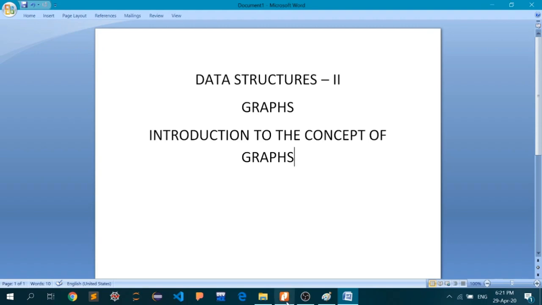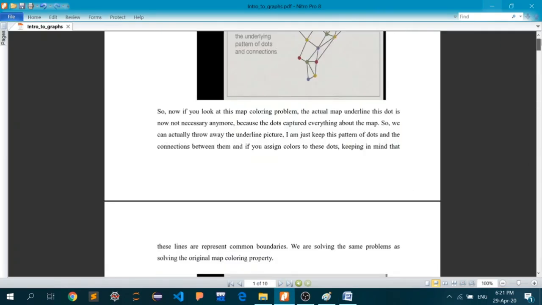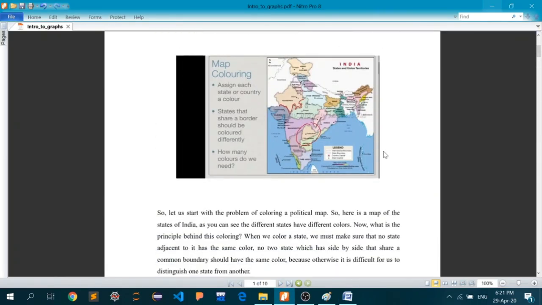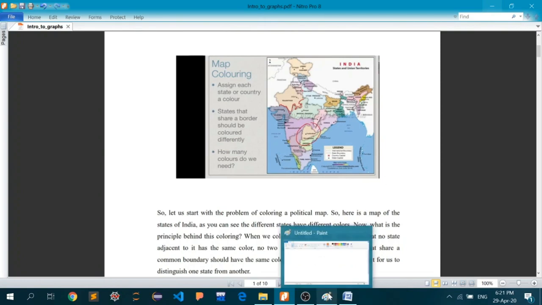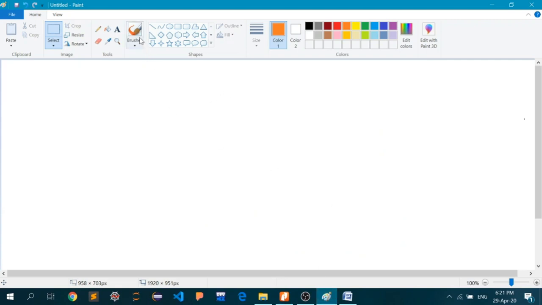So now let me head back to the introduction to graphs. Before heading towards the notes which have already been provided to you, let me give you a brief concept of what I'm going to talk about. Let's take the example of Facebook. Suppose I draw a dot here, like this. Pardon me, I'm drawing with a mouse. Now this dot is your Facebook page, your home page, and all your related information.